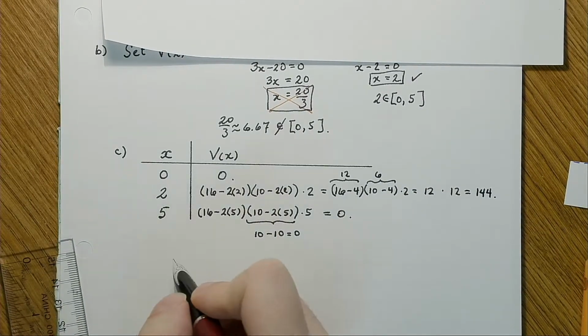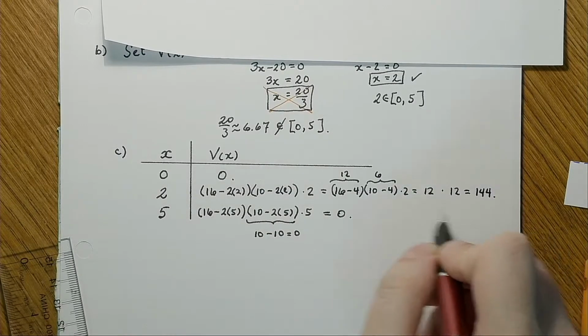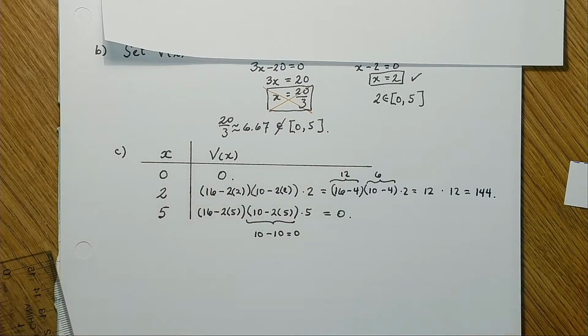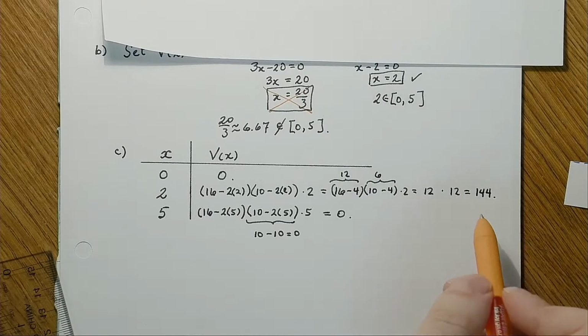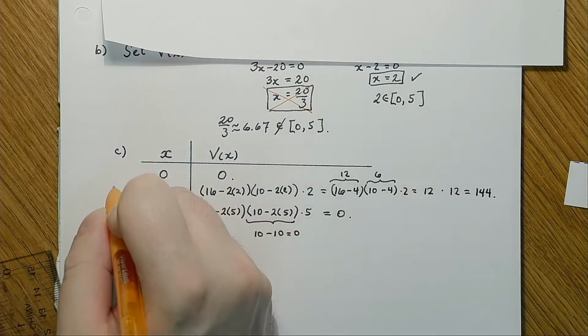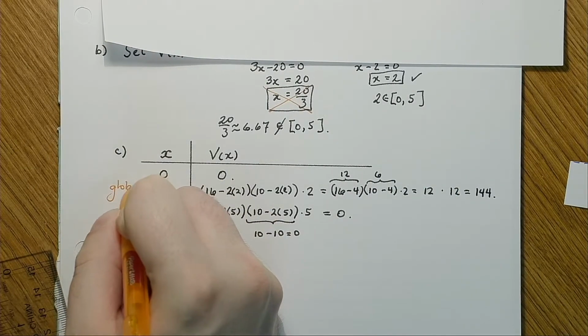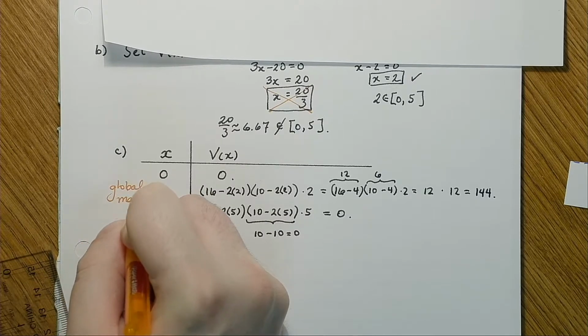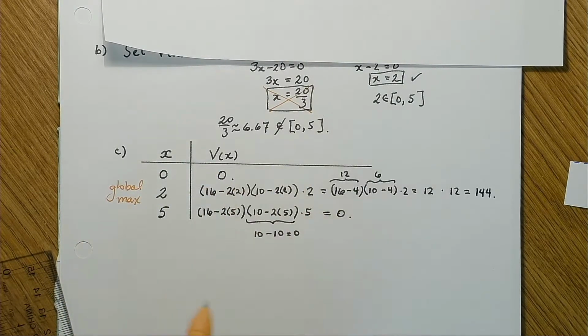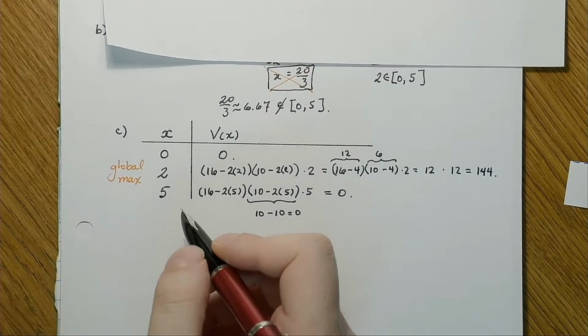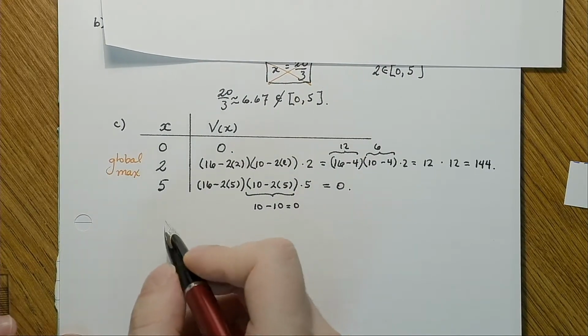Okay, so again, this is where we look at it. The biggest value here is 144. So this is our global max. It's our global max because we're on a closed interval. And then what else can we do? Oh yes,